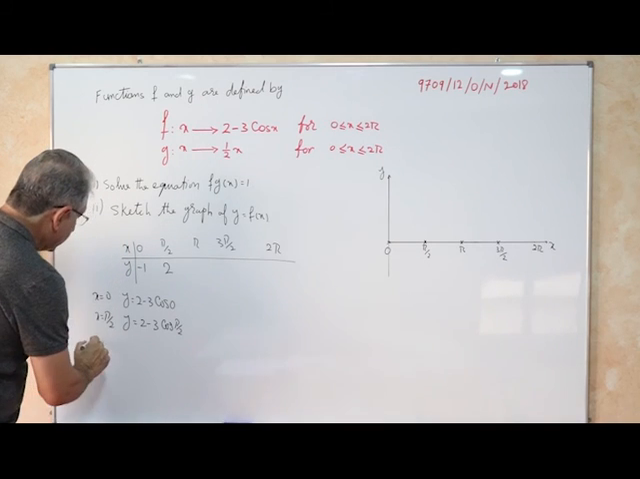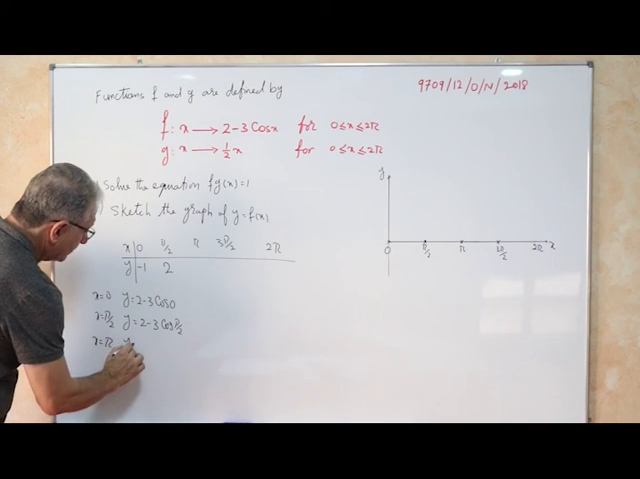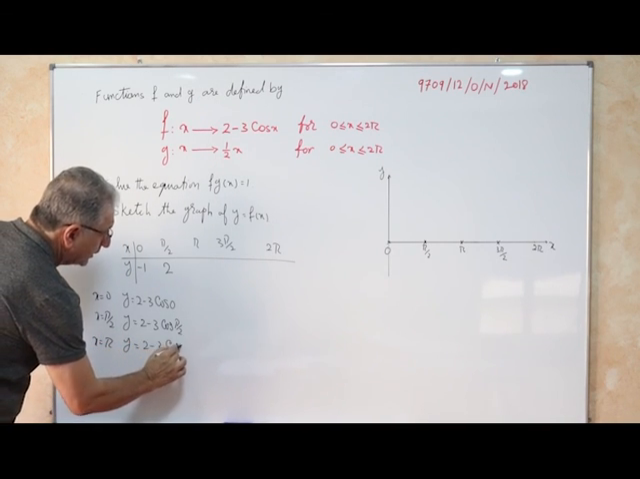If you put x equal to pi, the value of y will be equal to 2 minus 3 cos pi. Cos pi is